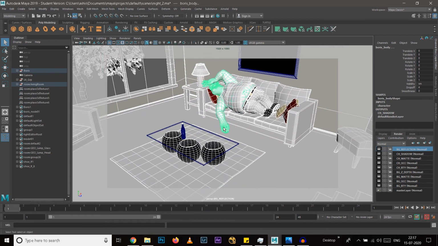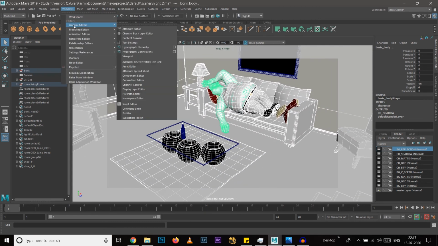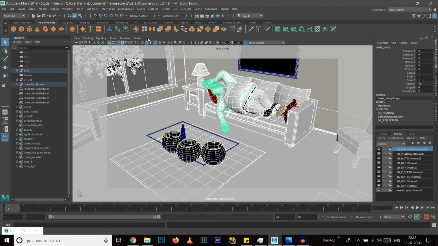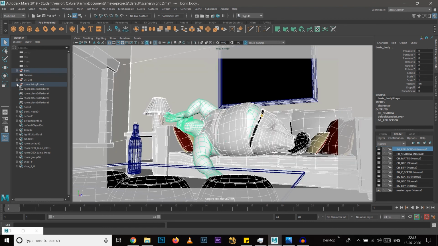I will select all those and go to windows, and then go to attribute spreadsheet, click here create layer override, 0 primary visibility off,